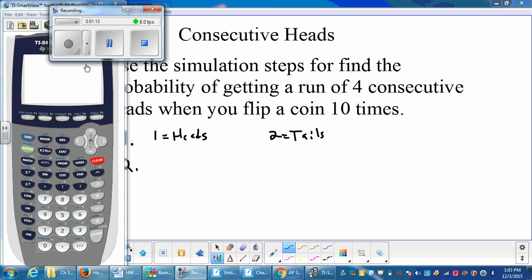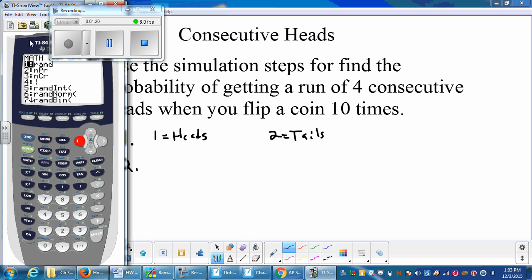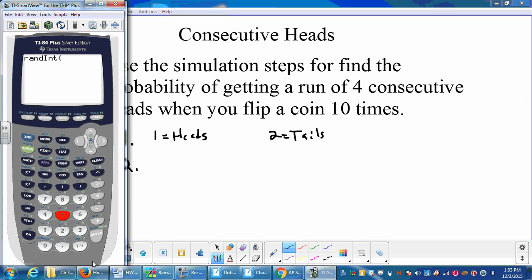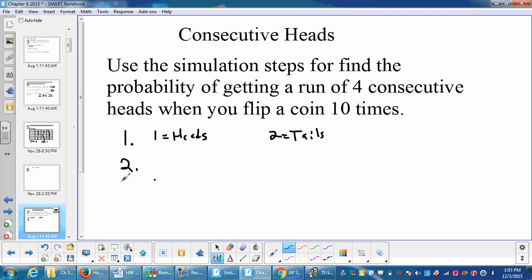So I take out the calculator and do some random numbers again. I hit math, go to the right, and look at number 5. I'm going to do a random integer from 1 to 2, and I want 10 of those numbers, and then I hit enter. Now our goal is we're going to check. So here we're simulating. Not much to write on that, but here we're going to tally. So we want to say 4 consecutive,